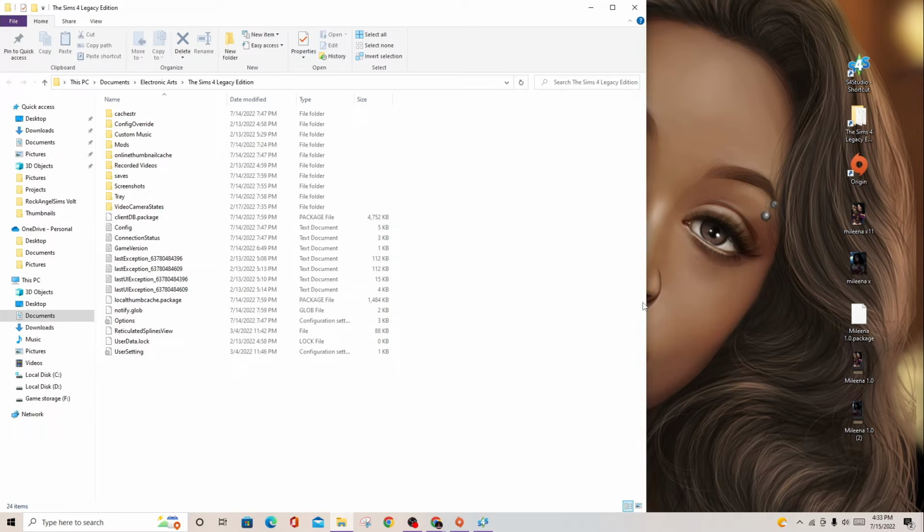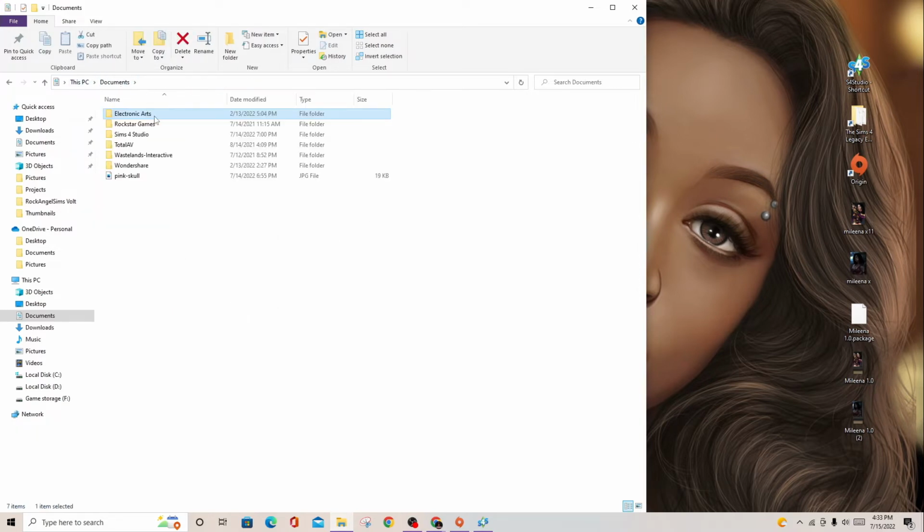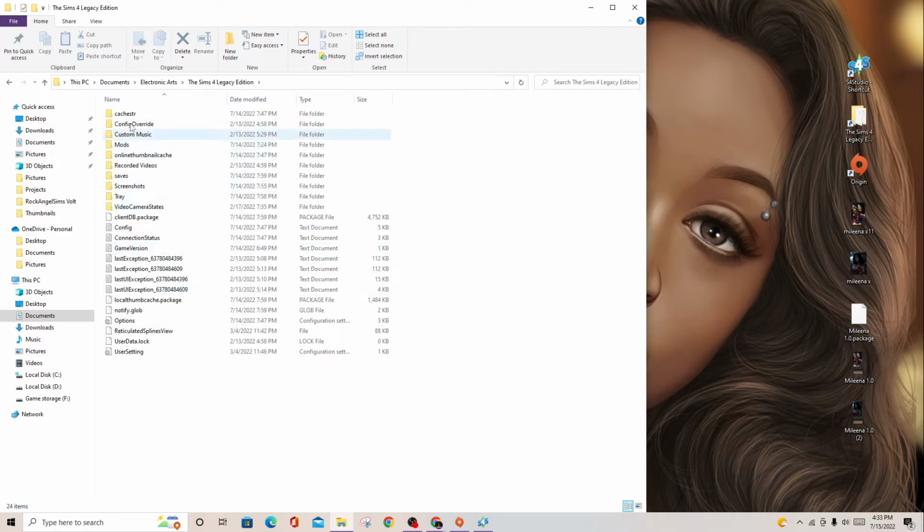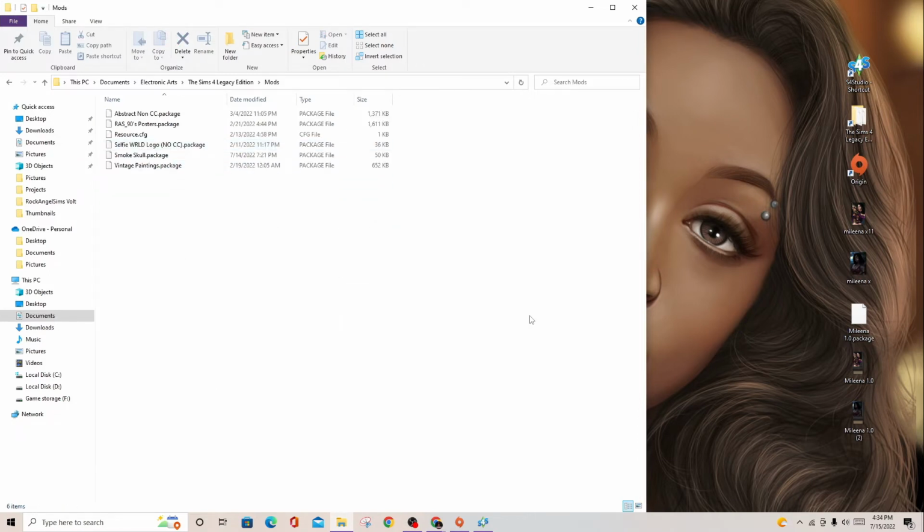Exit completely out, and the folder should be there. If I'm not mistaken, I think you have to do that. Once you have your file, it should be under Documents, and then Electronic Arts, the Sims 4 Legacy Edition folder here, and it looks exactly like your normal Sims 4 folder. So what you want to do is go to mods,